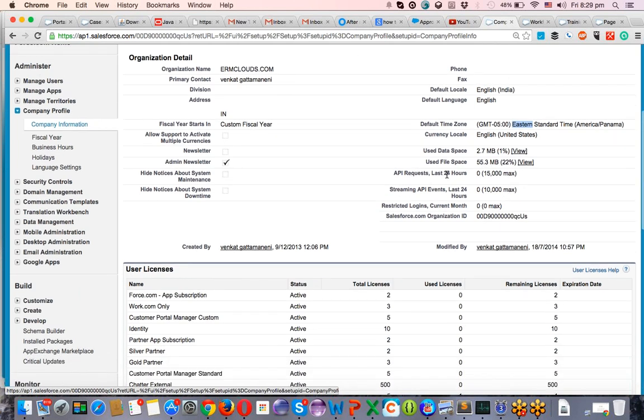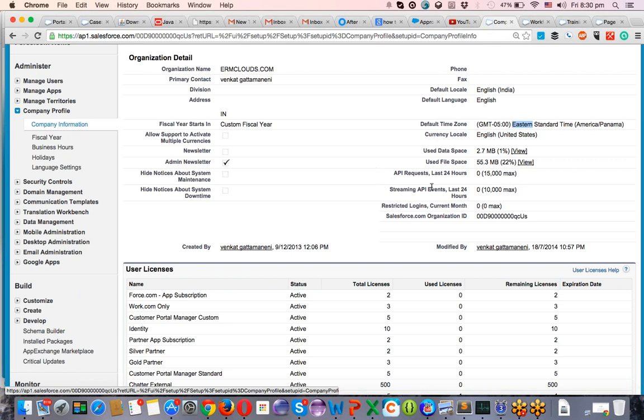API requests. When you're using third-party applications and you are requesting Salesforce data with API requests, then the actual limit is 15,000 per day for the last 24 hours. If you are using more than that, your application won't support API requests because there is a limit on that.